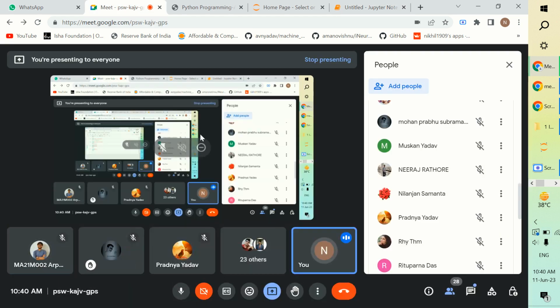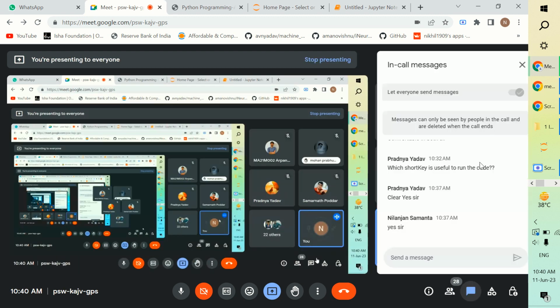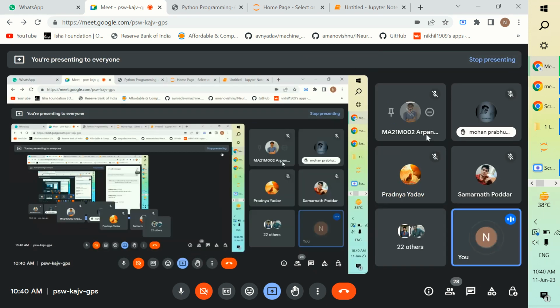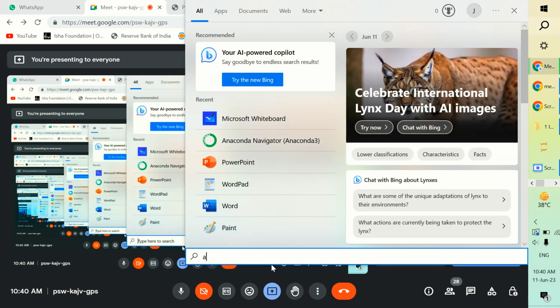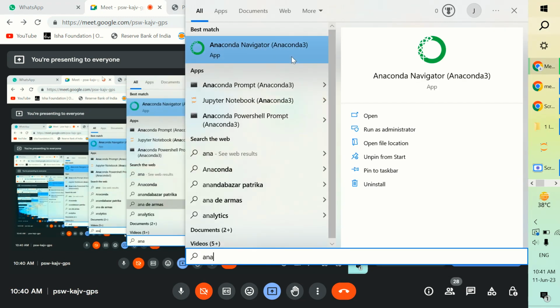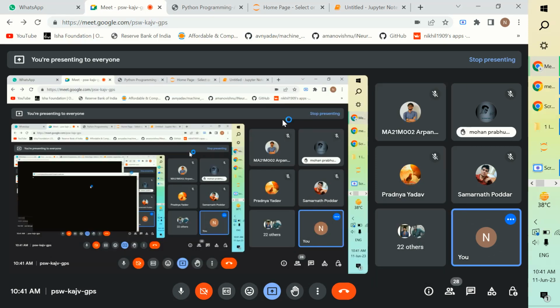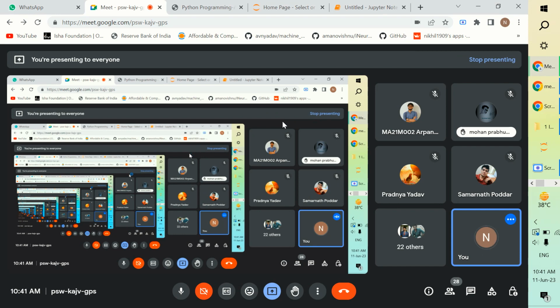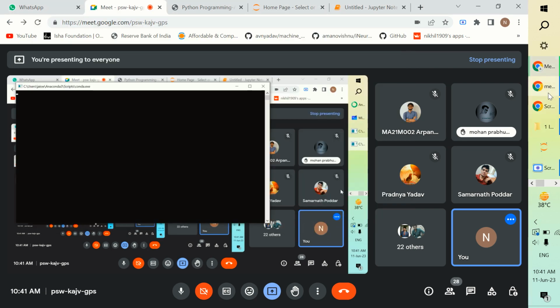ठीक है, जो लोग लेट आए हैं उन्हें मैं बता दे रहा हूँ कि तुम्हें सबसे पहले एनाकोंडा इंस्टॉल करना है। एनाकोंडा का लिंक मैंने अभी चैट में दिया था, वो मैं ग्रुप पे सेंड कर दूंगा, सब लोग एनाकोंडा इंस्टॉल कर लेना। एनाकोंडा इंस्टॉल करोगे तो उसके बाद तुम्हें ऐसा ऐप दिखेगा, एनाकोंडा नेविगेटर। इस पर क्लिक करने के बाद वो ओपन होगा, थोड़ा टाइम लेता है ओपनिंग।